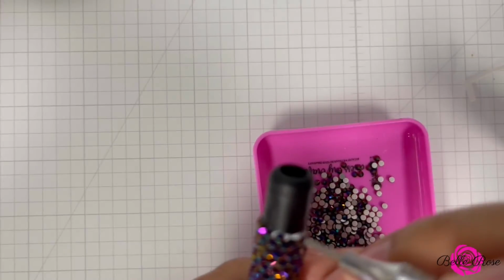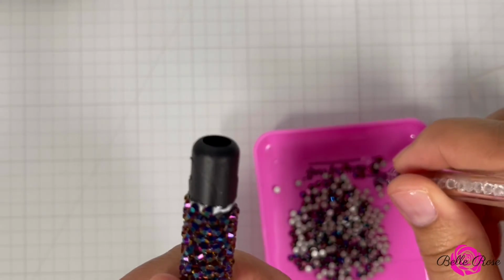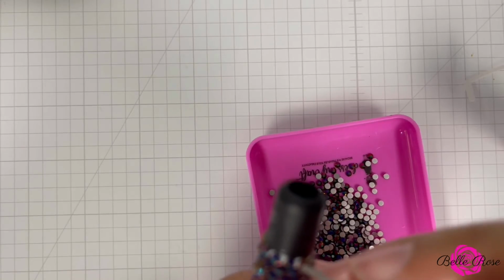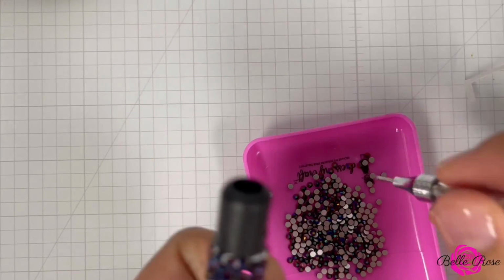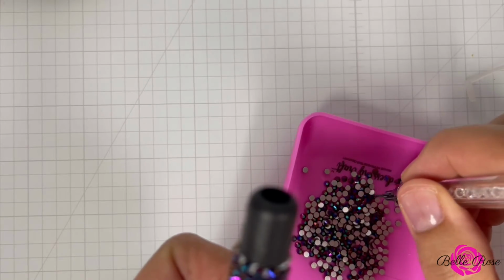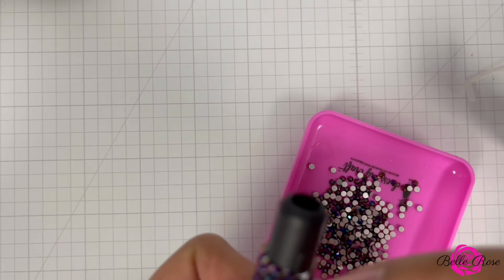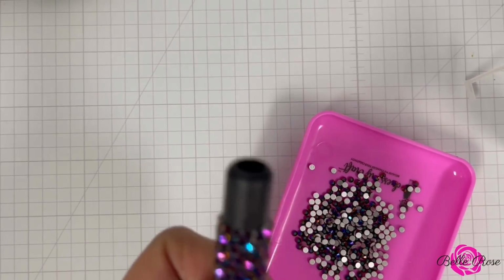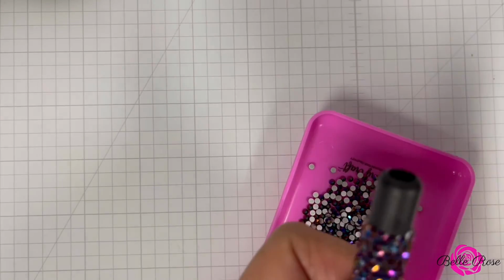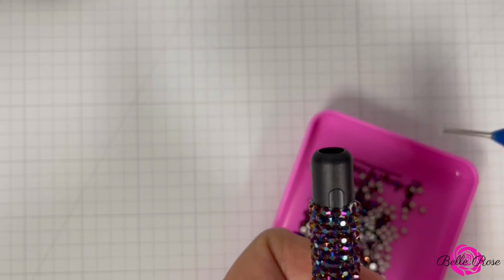And to me, I think the honeycomb method is the quickest method when it comes to blinging, that is blinging cups or anything. The honeycomb method is definitely the quickest. I love the scattered method too. That is my other, but it does take a little bit longer. And as you see, we're about to go around the parts of the